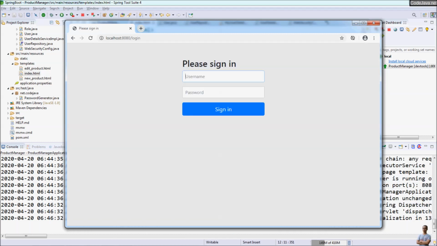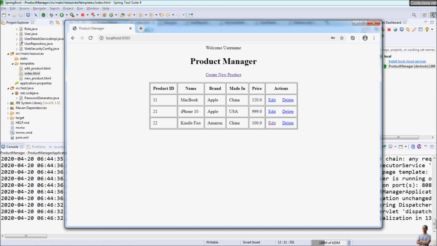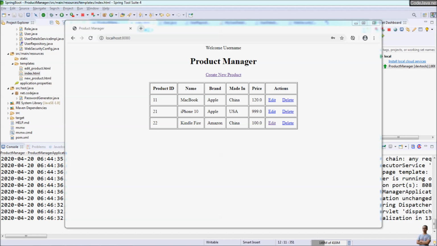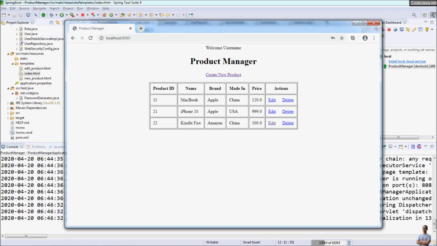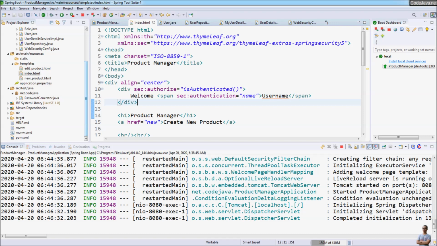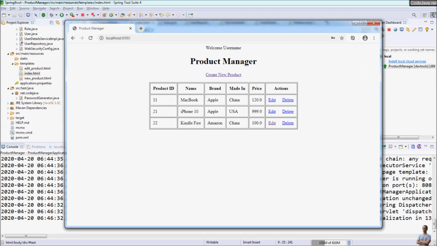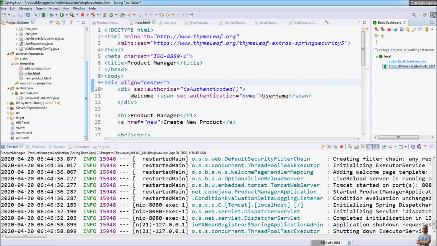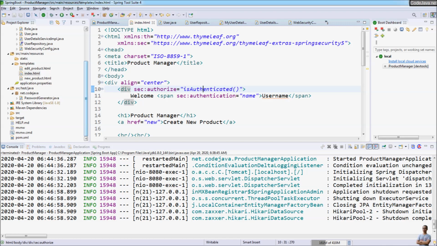Refresh. Now let's log in again. Name is codeJava, and you see the welcome message, welcome username. So, authentication equal name. I think we need to stop and restart the whole application. sec:authorize is isAuthenticated, sec:authentication equal name, thymeleaf-extras-springsecurity5. Okay,